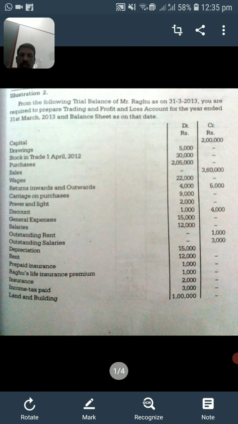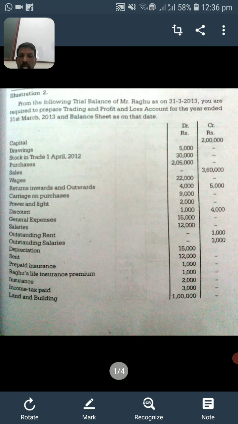So capital rupees 2 lakh, drawings rupees 5,000, stock in trade on 1st April 2012, that is opening stock, that is rupees 30,000, purchases 2 lakh 5,000, sales 3 lakh 60,000, wages 22,000, returns inwards and outwards, that is 4,000 and 5,000, carriage on purchases 9,000, power and light 2,000, discount 1,000, that is allowed, and 4,000 received, general expenses 15,000, salaries 12,000, outstanding rent 1,000, outstanding salaries 3,000, depreciation 15,000, rent 12,000, prepaid insurance 1,000, Raghu's life insurance premium